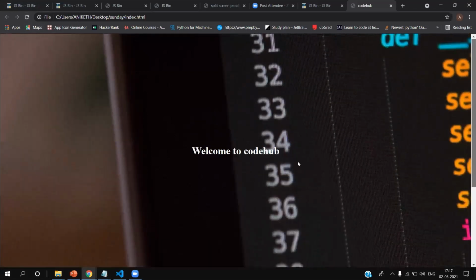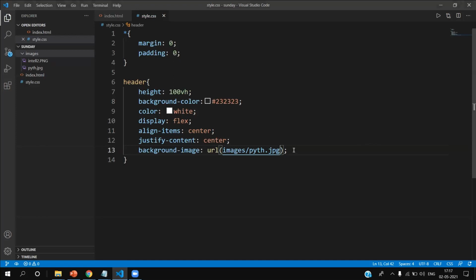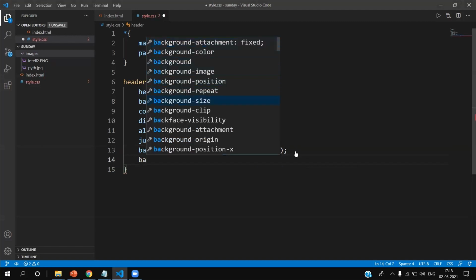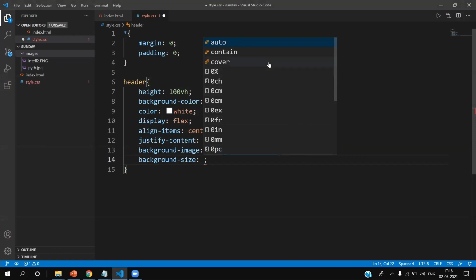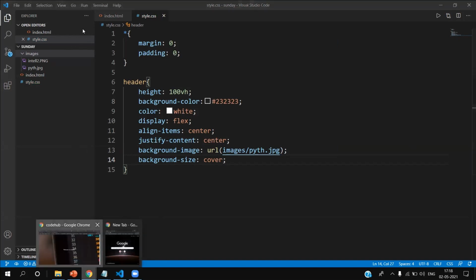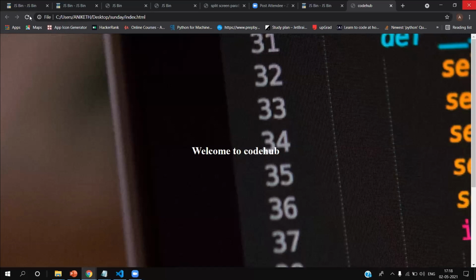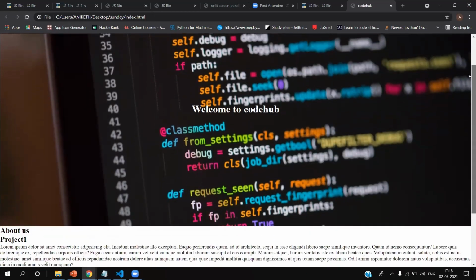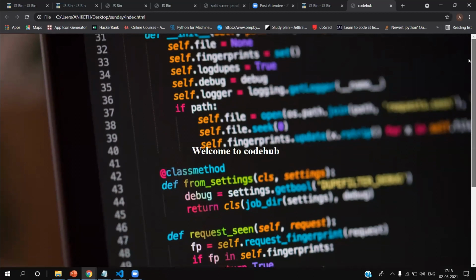Yeah, if you see, it got zoomed in. Now I want that to be of normal size. For that, we will use background size. As background size is auto, it has got zoomed in. So we want background size to be cover. It has to cover. If we give it as auto, it is getting zoomed in. So I'll give it as cover. I'm saving it. Now it's okay, right? Now it's covered and it's looking pretty cool.